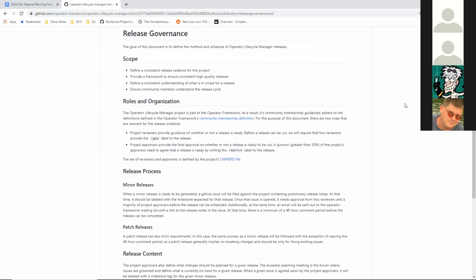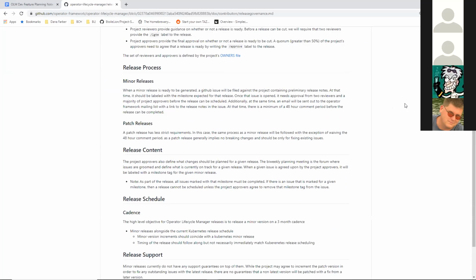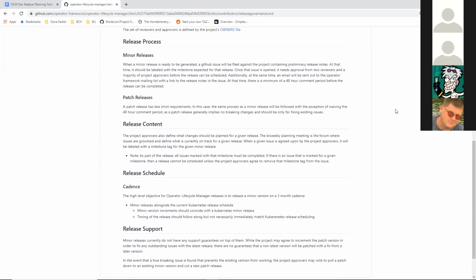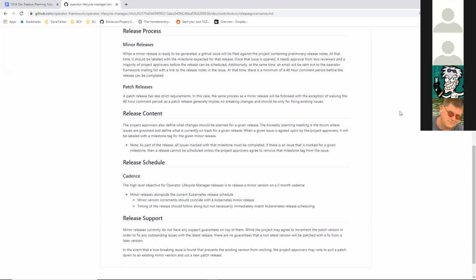Basically, it defines a set of roles, the actual process in terms of how we decide when we're going to release, as well as what content is going to be included in the release. And then a short section on a schedule for the current release and any future releases,